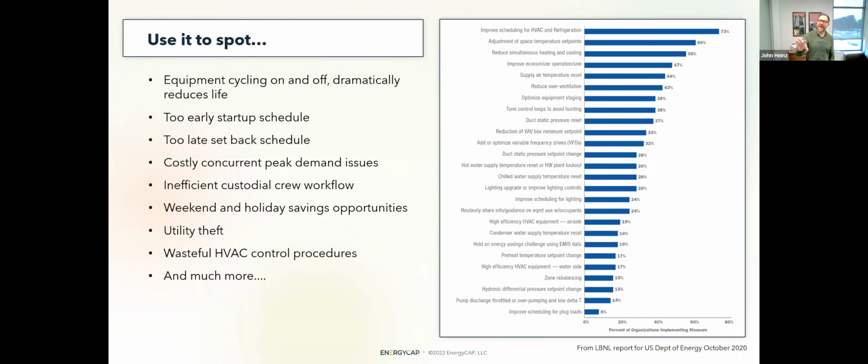What this chart is showing is, of that study, what are the main measures that were implemented? Like, what were the most popular measures implemented based on having the interval data to track various projects and retrofits or behavior changes and things like that. So I just found it really interesting looking at that study, so we can see, of all of you that would be paying attention to this webinar, of your peers, what have they done to help drive savings? So, a lot of different activities on this list, improving scheduling, changing HVAC settings,